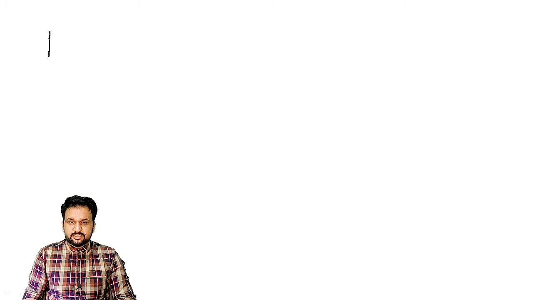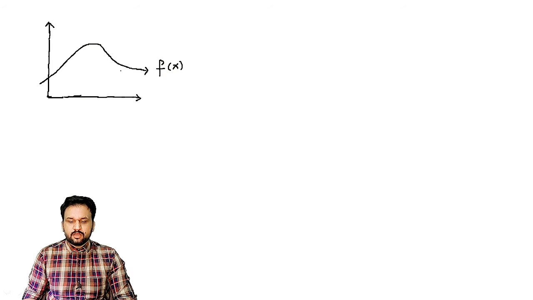A function is always defined in calculus with a graphical representation. Any function you can take, like f of x is equal to x, f of x is equal to e raised to power x, sin x, cos x, whatever the functions are, they always give you a graphical representation. So I'm just considering one function here, and this is my f of x. Clear?